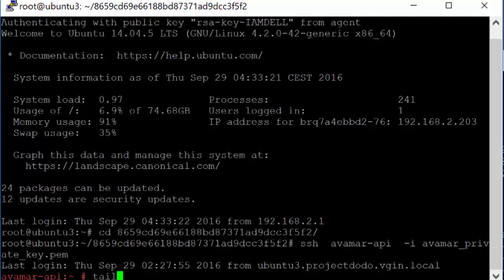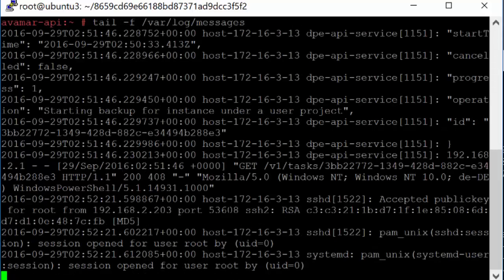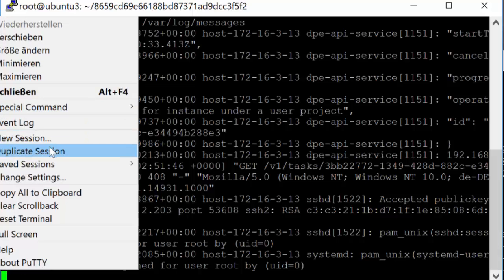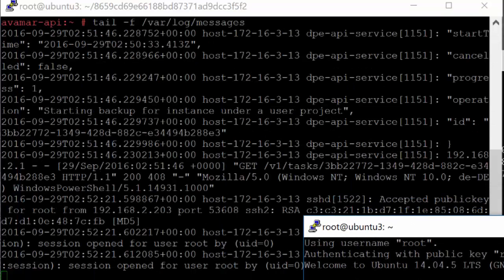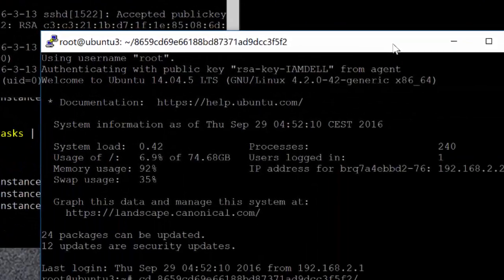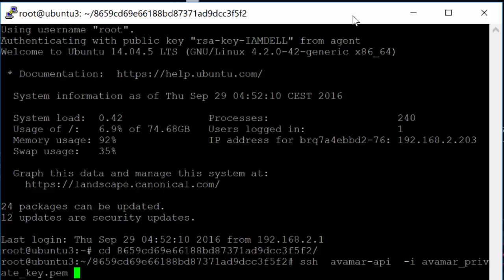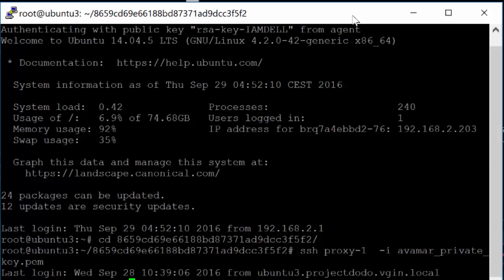And from here I can do a tail -f /var/log/messages, and I'm setting everything to verbose. So the communication that is going to the Avamar API is sent to the message log. If I duplicate that session and I go to the proxy, which sends the backups to the Avamar system, I can do a tail -f